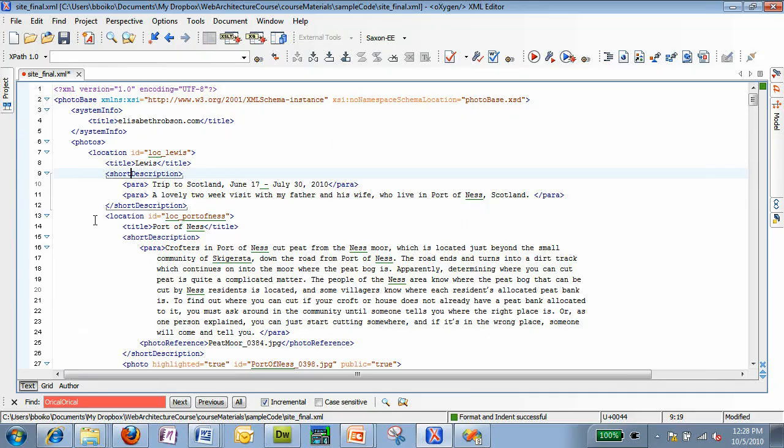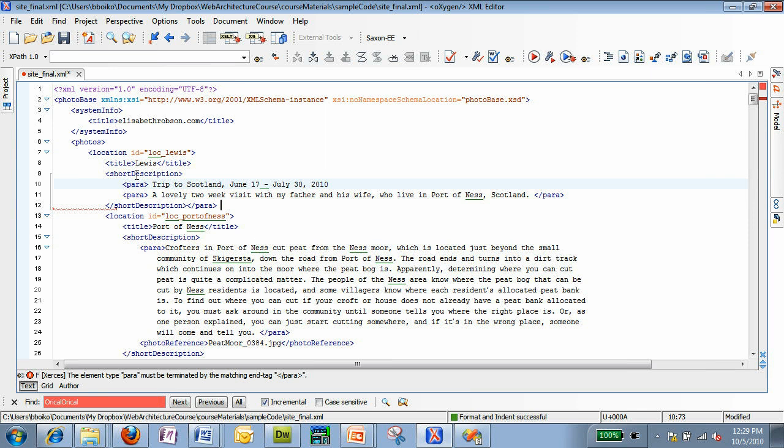Tags have a scope. They have what's inside them. Oh, and actually, this is a good way to figure out broken nesting as well. So notice on line 9 here, I not only have this little open and close widget, I also have a little bracket. And I'm pointing to the bracket with my mouse here. That bracket brackets everything that's inside that particular tag. And so if I go to photo base here, the very first tag, notice my bracket is going to go way down to the bottom because everything is contained in photo base. If I go to system information, on the other hand, it's a very small bracket because only one thing is included in system information. Now, if I break the nesting like I did before, take this paragraph and drag it to the wrong place, I should also